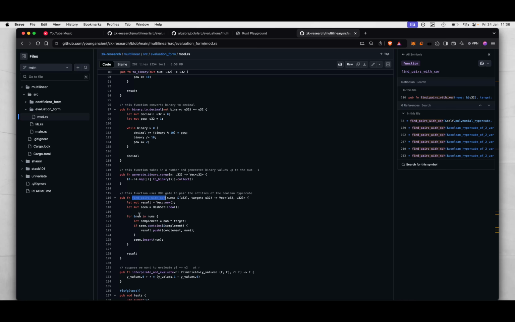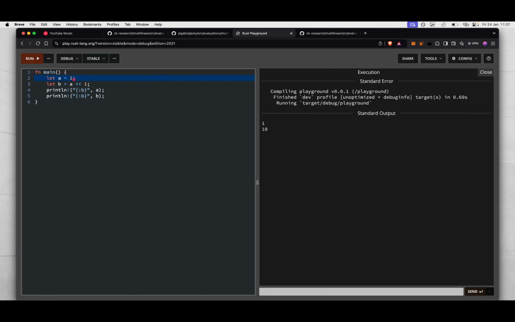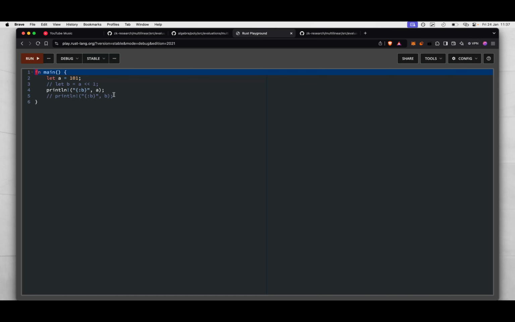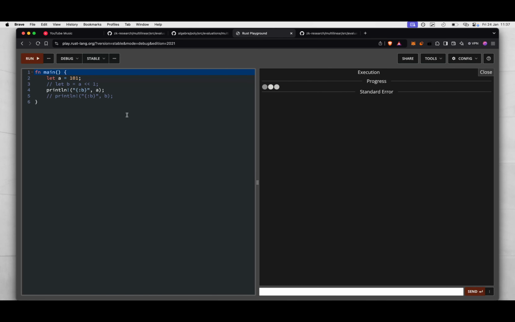But now, that 101 is no longer 101 in binary. Like if you check this now, right? Let's say we said A was 101. The binary representation is